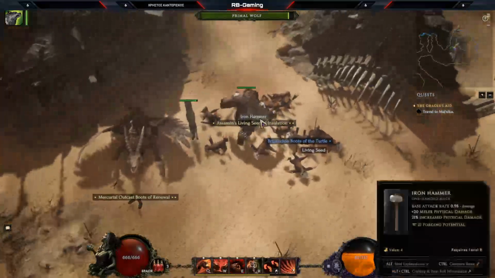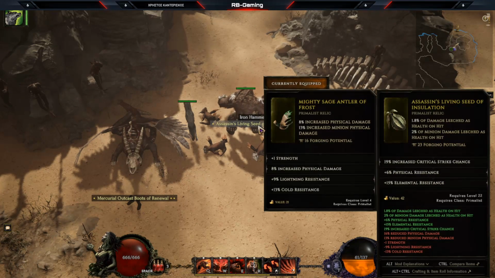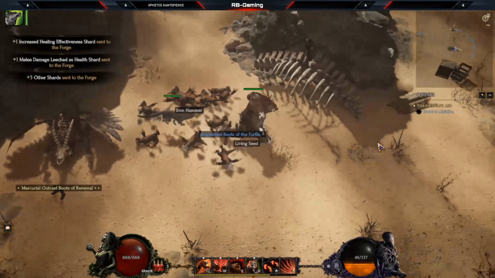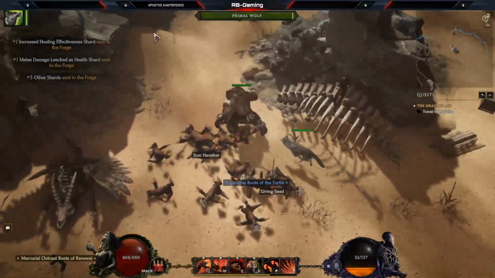Yeah, I don't have a... Oh, that's pretty good actually. There's a little bit of damage, but then I gain health leech instead, so I think I will go with that. Oh, up here we have a...